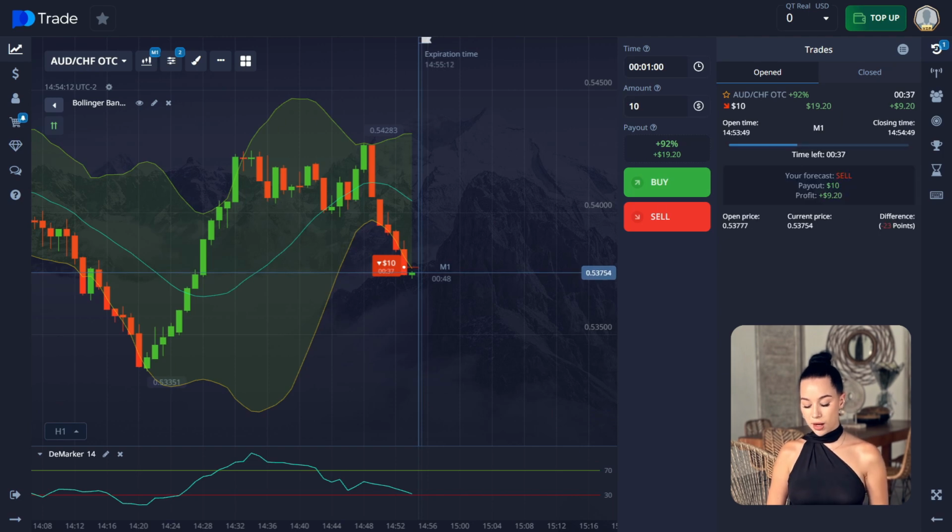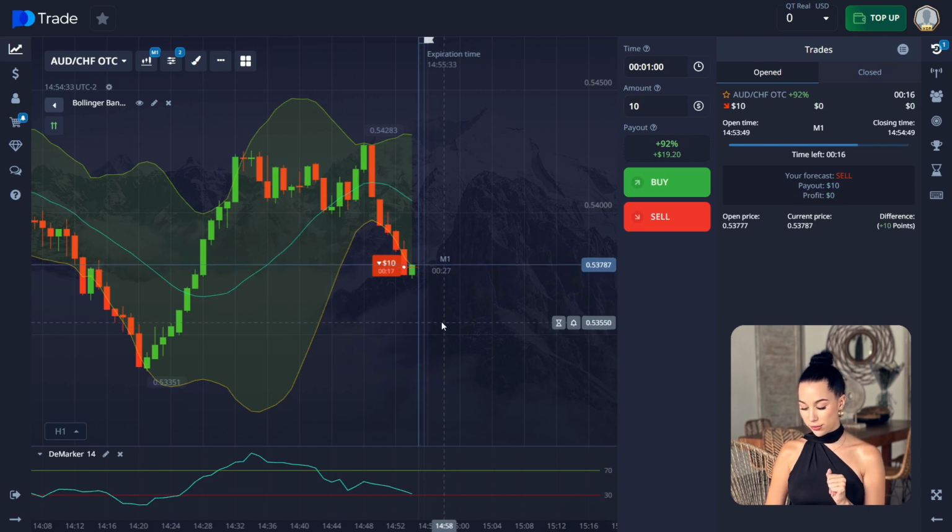The oversold. But it's not lower than the oversold zone yet, so it's a pretty good sell signal as well, because when our main line of the marker is really below 30%, it could mean that soon there's going to be a reversal. But here we get a pretty good entry point, and now it's 15 seconds till the end